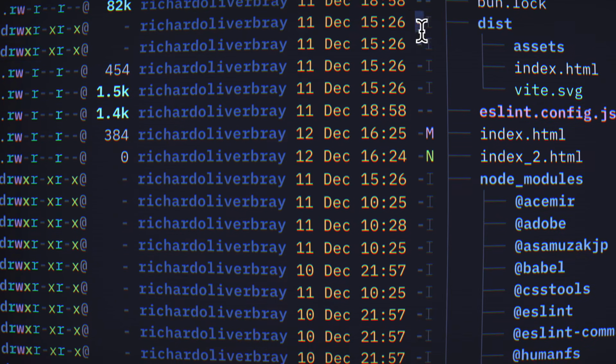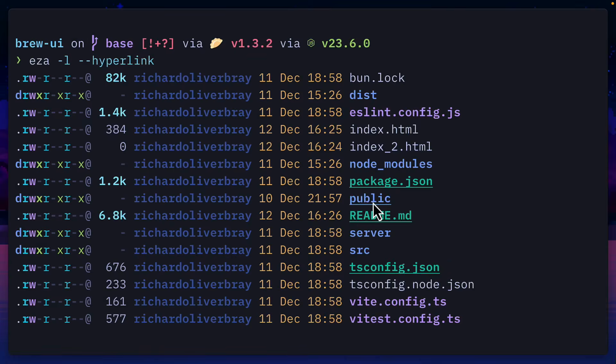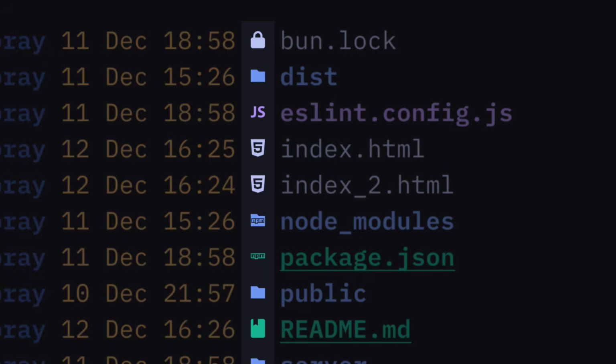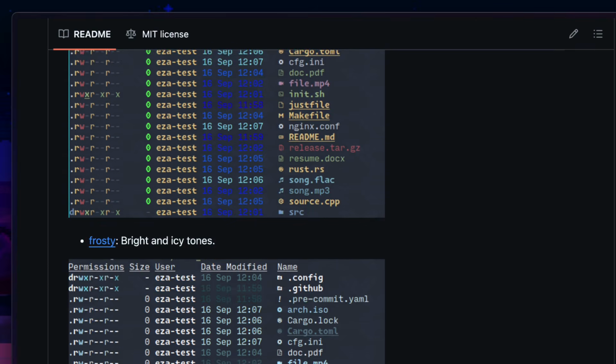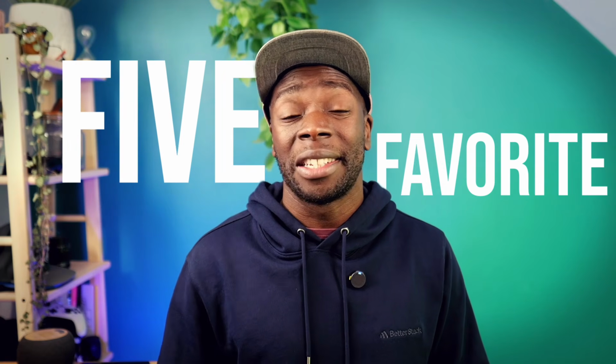I've been using Eza for the last few hours and it's become crystal clear to me that this is the tool everyone should be using to navigate through files in their terminal, because who doesn't like icons next to file names, or to view files in a tree view, or even to create custom color themes? I'm going to show you 5 of my favorite Eza features, starting with this weird one, and make sure you